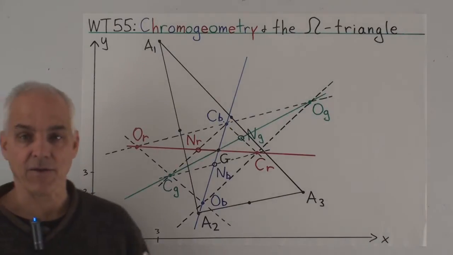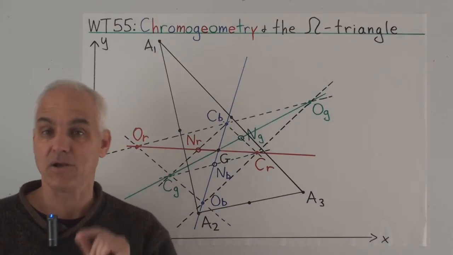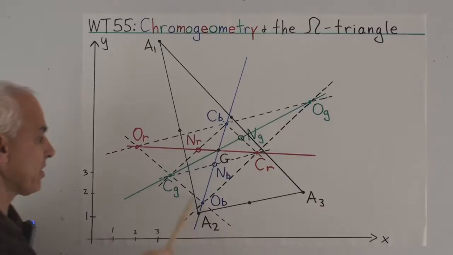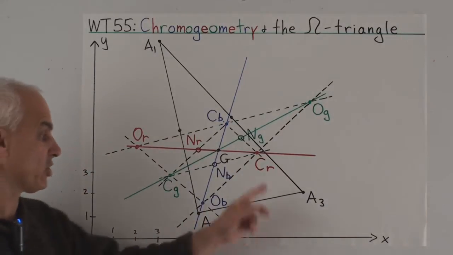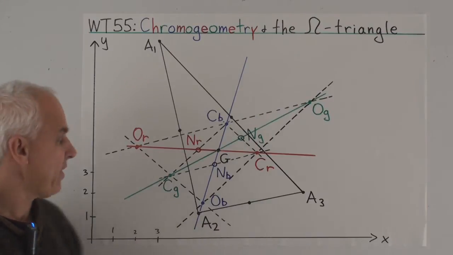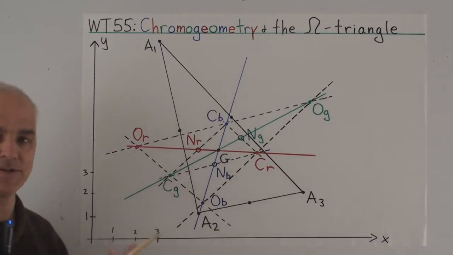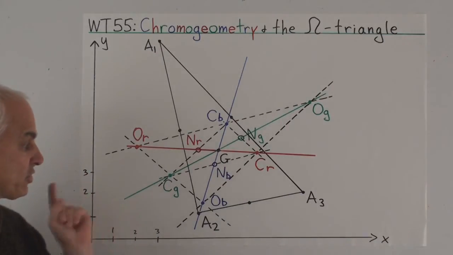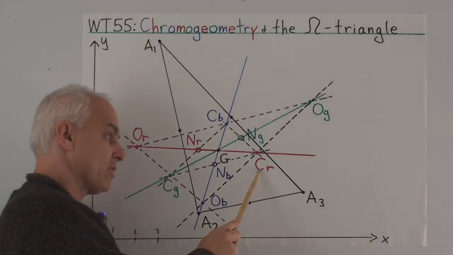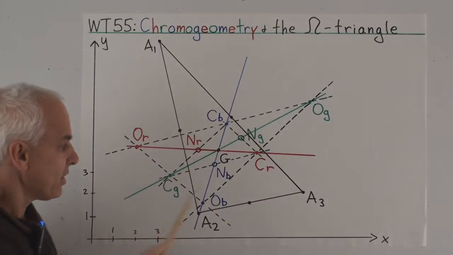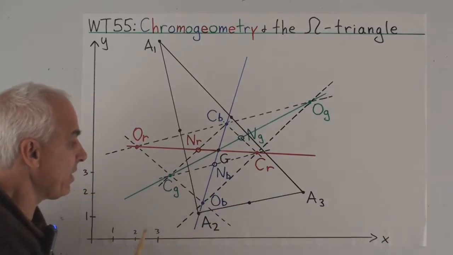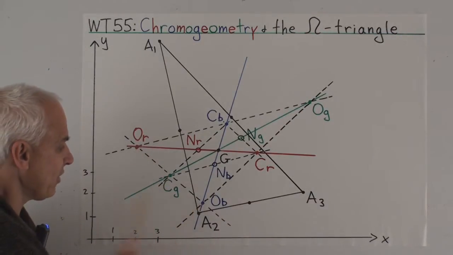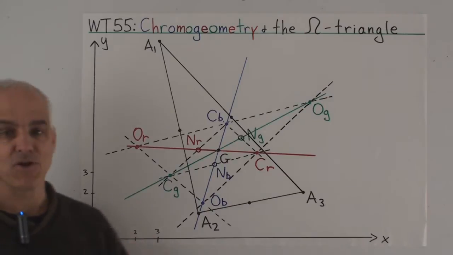And now we're going to introduce the omega triangle, which is just the triangle formed by the 3 colored orthocenters. O sub B, O sub R, O sub G. So this is going to be called the omega triangle of the original triangle A1, A2, A3. And this triangle here organizes all the other data in a very pleasant and simple way that it's easy to remember. Okay. Because of this crucial fact that the circumcenters are the midpoints of this triangle. So this one here is the midpoint of OG OB. This one here, the blue one, is the midpoint of OG and OR, and this one here is the midpoint of that. That has some immediate consequences.